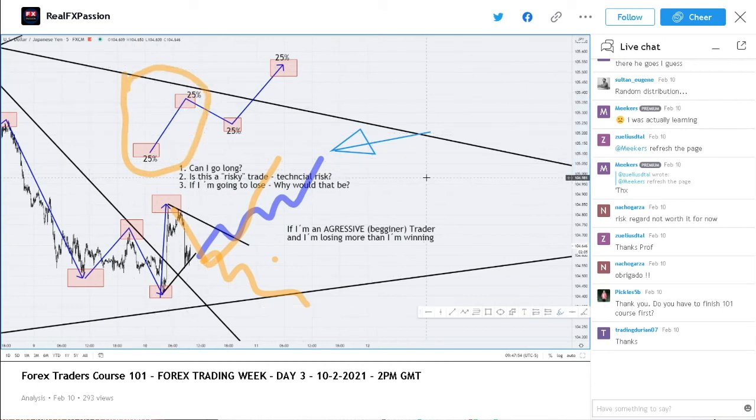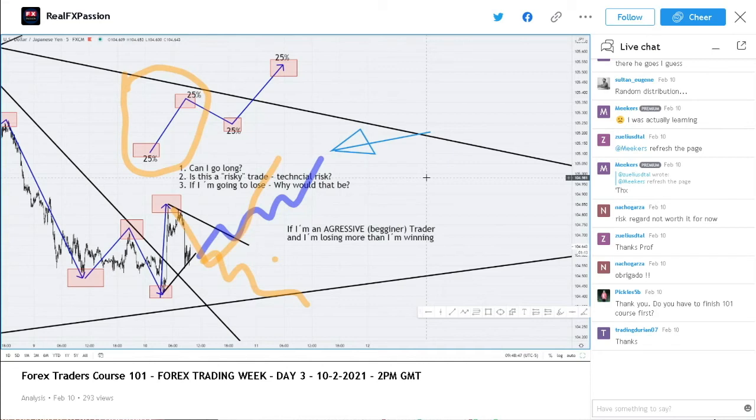So I was subjected, everybody, to what is called random distribution. What is random distribution? Random distribution is where a 5-year-old girl can click a mouse and buy the market at the exact same time and price level as a professional trader, and is going to win. This is random distribution. We can just click a mouse and win. Make sense? But does this make a 5-year-old girl a professional trader?